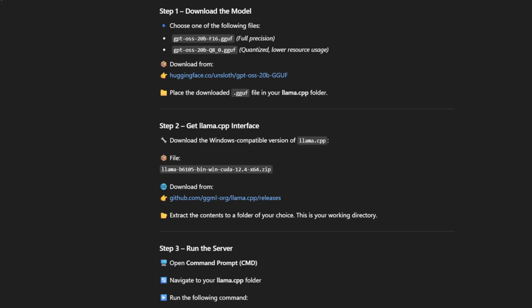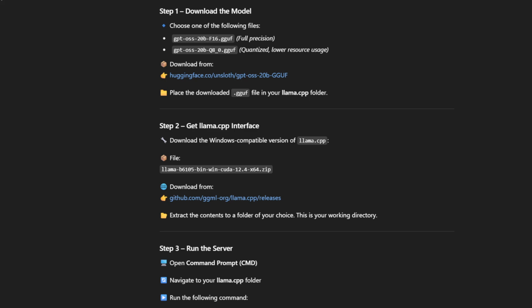The bin, Win for Windows, bin for the actual executable file, CUDA, because this guide is for NVIDIA graphics cards. There's other hardware that can run, but we're focusing on the most AI ready people using NVIDIA graphics cards, and